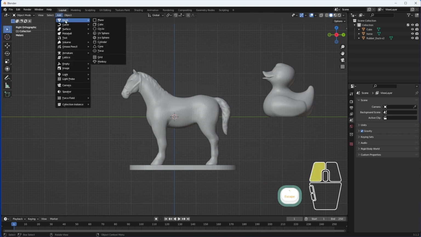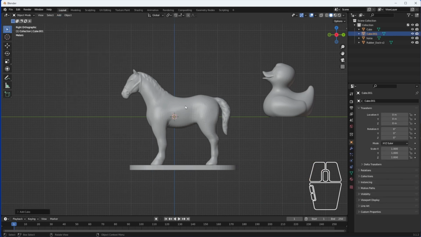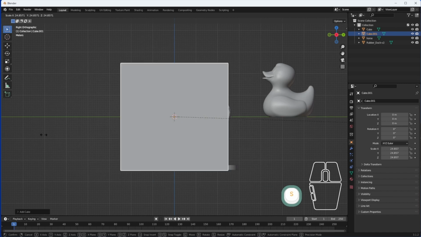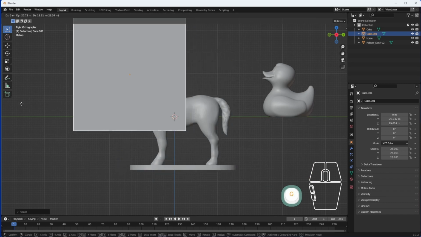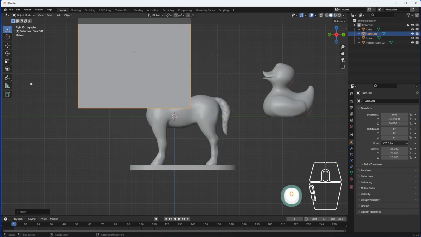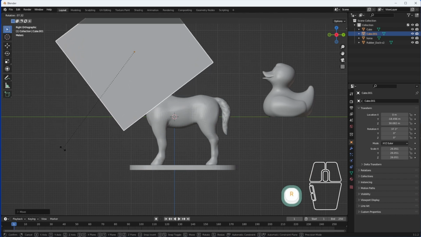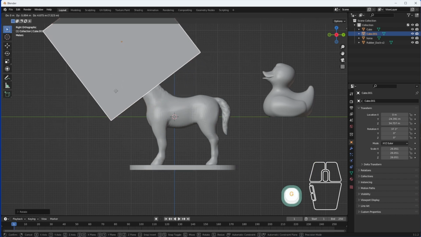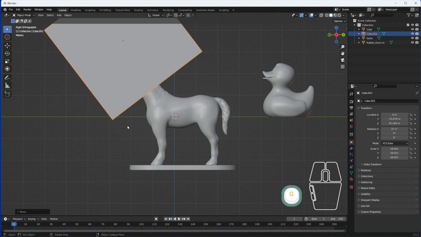So at this point we'll add a cube to the scene. Currently you cannot see it, as it's in the middle of the horse. We'll scale it. We'll remove the head of the horse, so we'll position it over the head, rotate it, and once it's in a position that we are happy with,